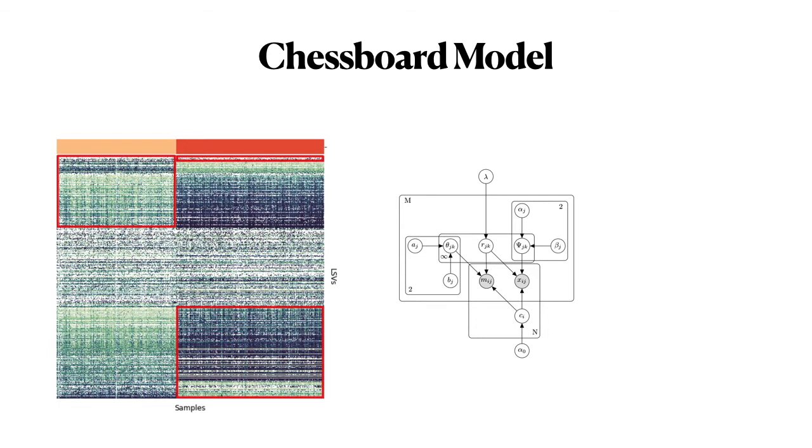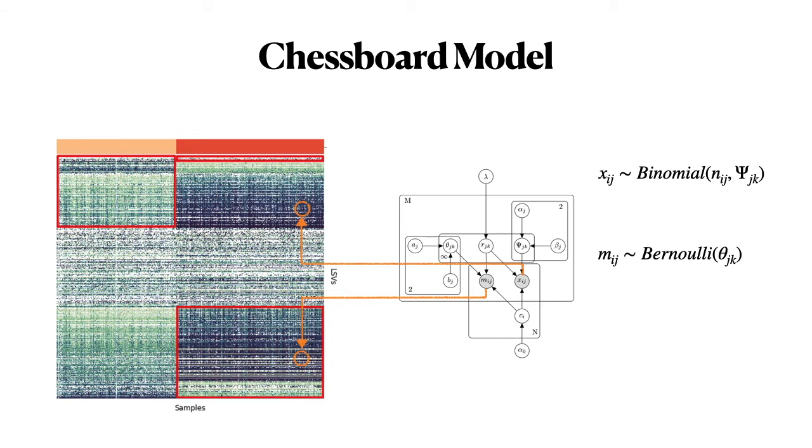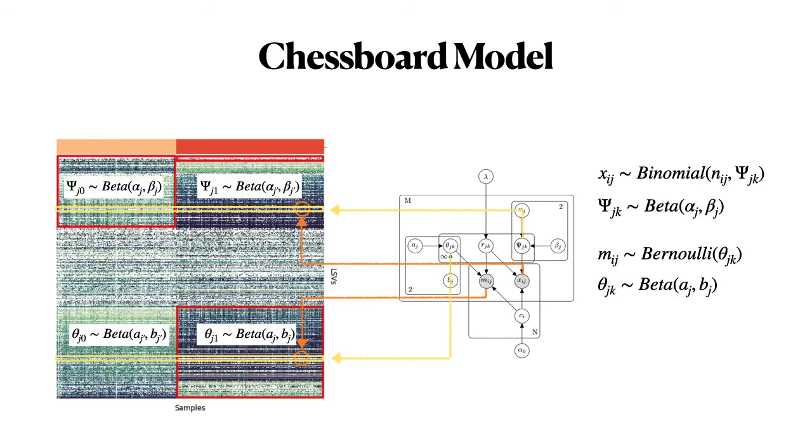Each observation in the data matrix containing junction spanning read counts is modeled as a binomial distribution with the latent psi value as a parameter, while missing values, which are essentially an indicator for whether the splicing event is quantifiable, is modeled as a Bernoulli, where the parameter, theta, represents the missingness rate. In this hierarchical model, each tile is characterized by a latent beta random variable for psi and missingness, with priors estimated using an empirical Bayes approach. This design allows Chessboard to handle all the previously mentioned modeling challenges by explicitly modeling psi on the domain of 0 to 1, account for uncertainty in the psi estimates, as well as treating missing values as signals.